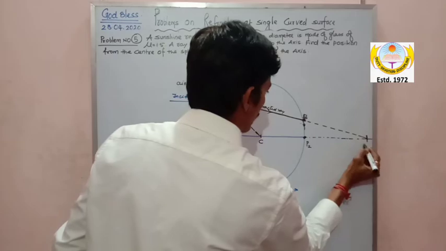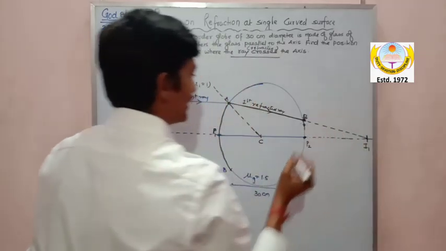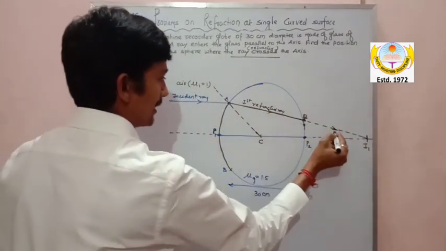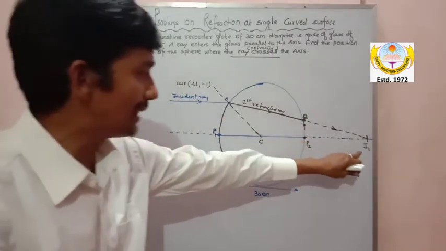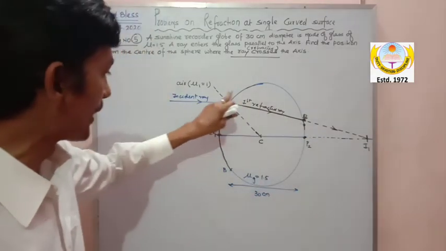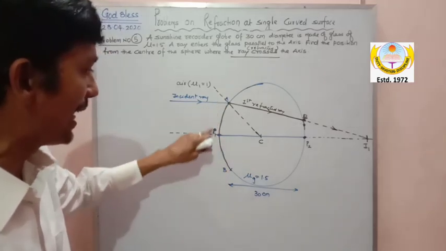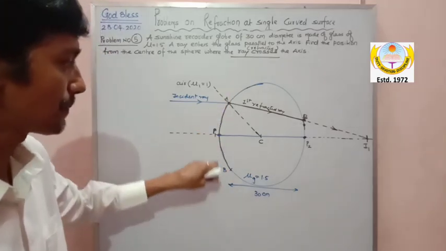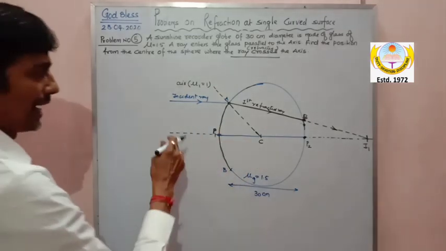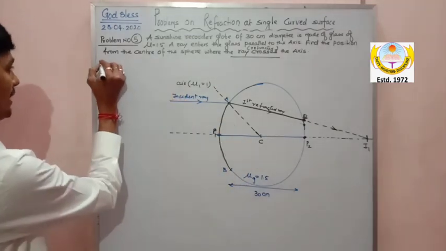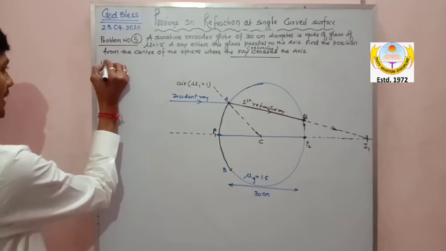Here is the image forming, I1 say. This is the image, my dear. So this image I1 is formed due to the refracting surface AP1B. You can see. So now, my dear, here I can draw this. I can say, when